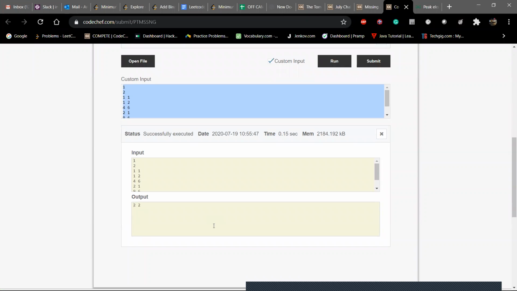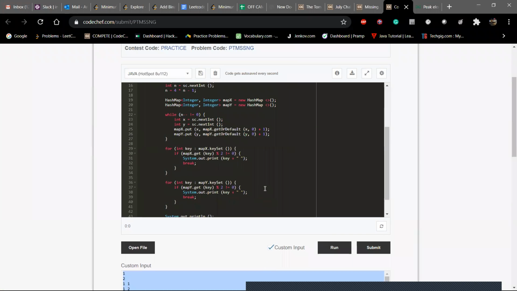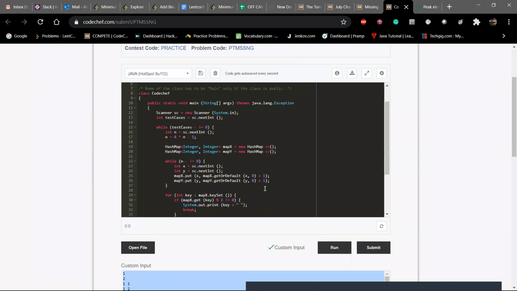So this is the correct outcome. Maybe the Scanner class is not the best, so I can also use try and catch with BufferedReader and InputStreamReader, which is more comfortable. Thank you and have a nice day.